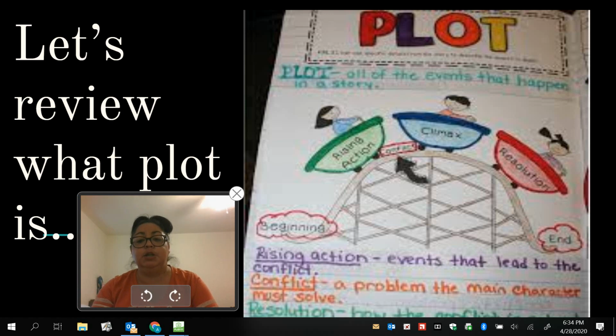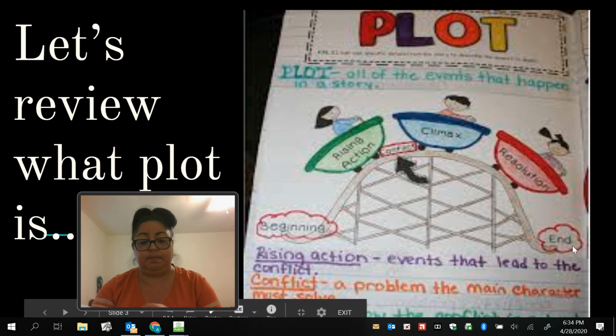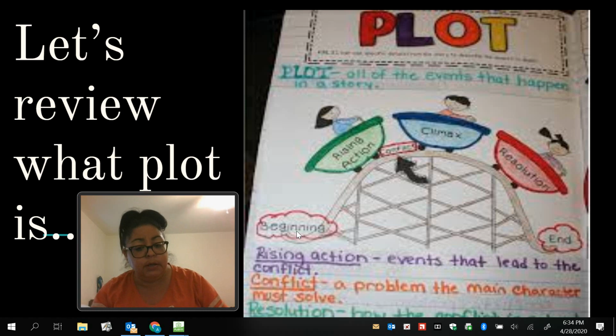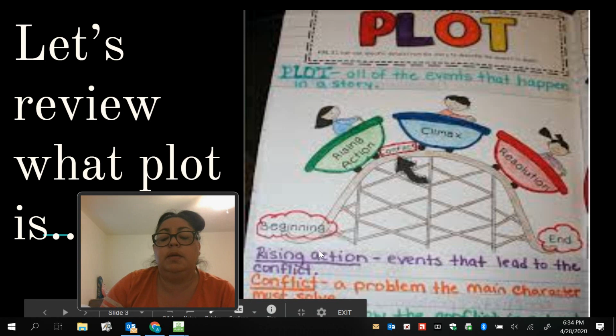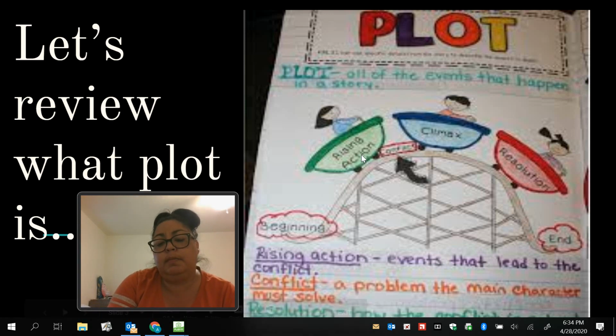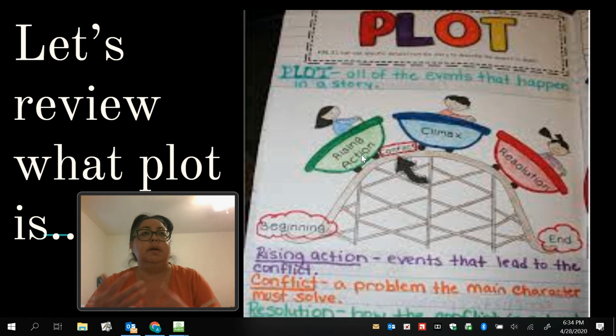There are some major sections of a plot. A story has a beginning, a story has a middle, and a story has an ending. And so the beginning of the story is usually called the exposition, and that's the literary term, but we're going to call it the beginning, the introduction. The middle part has parts called the rising action. We have the rising action, the events that lead into a problem, the events that introduce the problem, what the character is going to be trying to solve,